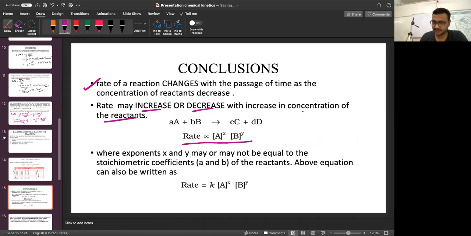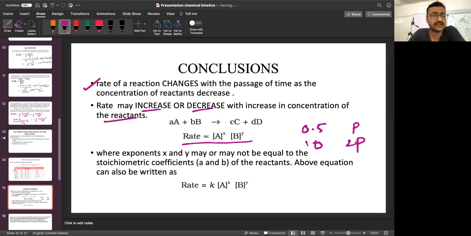Suppose the concentration is 0.5 and the rate of the reaction is P. And on doubling the concentration to 1.0, the reaction has found its rate to be 2P. Okay, that will solve it. This is the concept of order of the reaction. What I want you to learn is that this x and y, or many variables if we have more than 2 or 3 reactants, we'll see in the coming sessions.